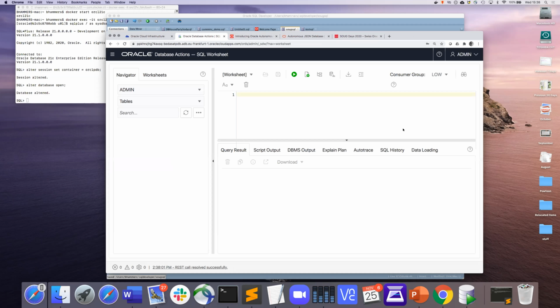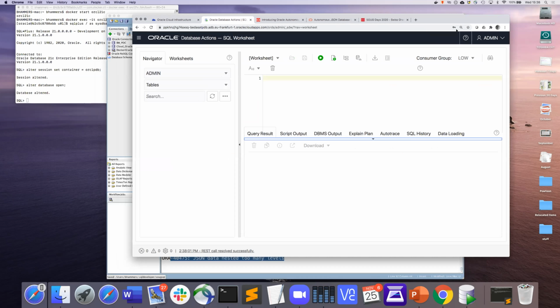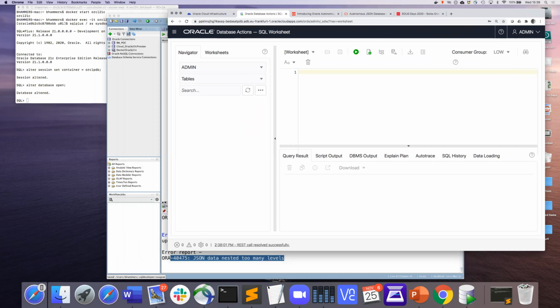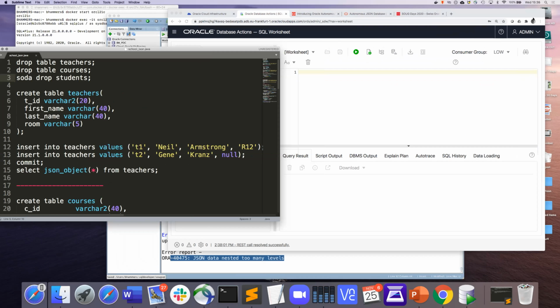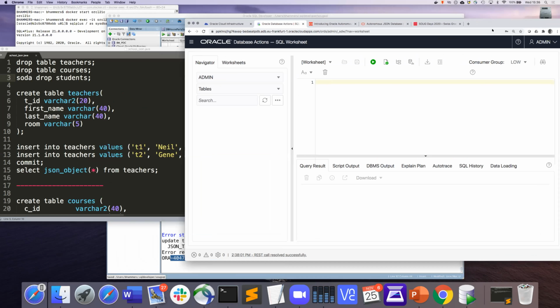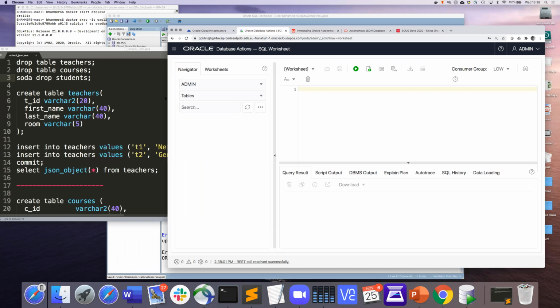And I want to show you a bit about a converged database use case. So let's move this side by side. Let's say we want to model a school. A school has teachers, students, and courses.